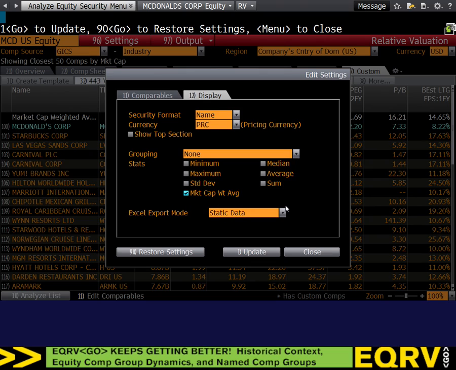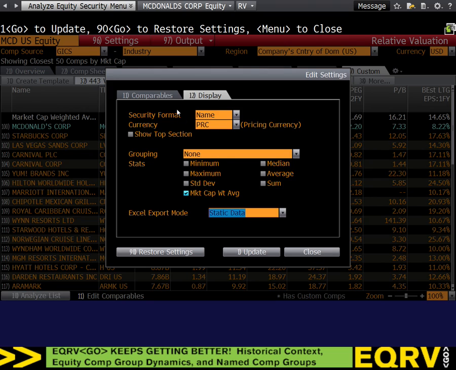By the way, the other thing that we want is where it says Excel export mode, you want to make sure it says static data. All right? The reason why is when you dump the data to Excel, it's going to give you numbers. If you say dynamic link, it's going to give you cell references. So what will happen is every time you open up Bloomberg, it'll go and pull the database and pull the most recent data. That's really cool, except when you're not in a Bloomberg Lab, because then it'll just error out, and you won't be able to read any of the data. So for you, I would set to go to static data, so that way if you export something, you'll be able to read it outside the lab.